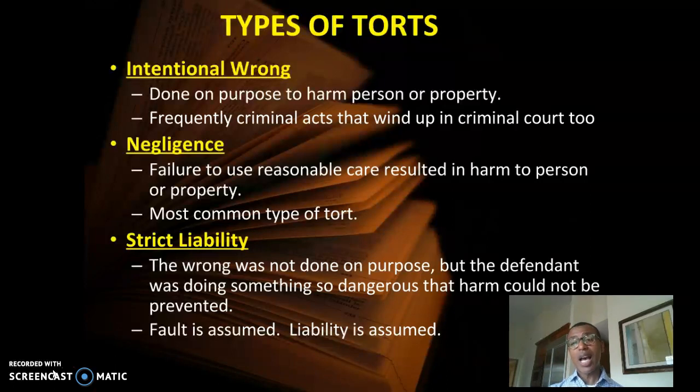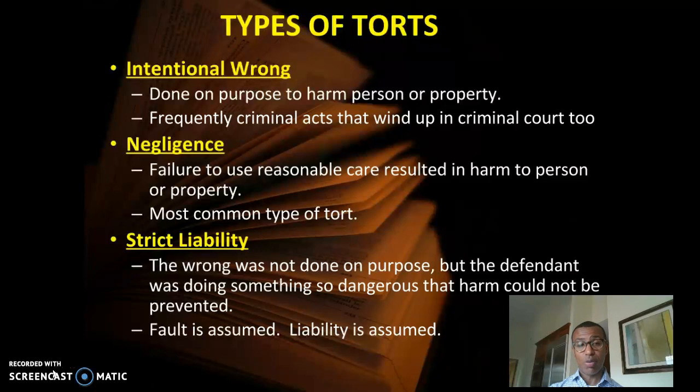And the third type of tort is known as strict liability. This is when a person is engaged in an activity so dangerous that there is a serious risk of harm, even if the person acts with the utmost care. An example of this would be a demolition company that is demolishing a building and one of the bricks falls on a passerby and injures that person. Although the company took all the necessary precautions, because the job was so dangerous, it still caused harm